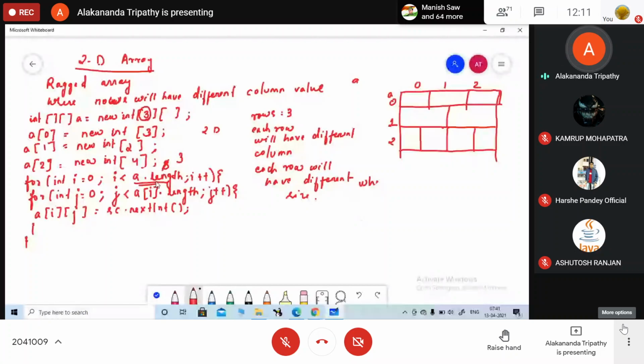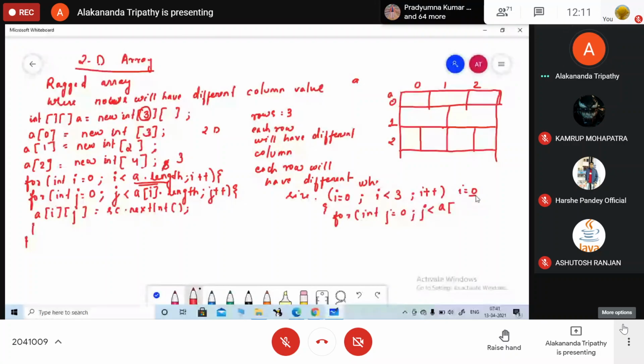So when my I is equals to 0, I less than 3, this is correct, right? I plus plus. Okay, now come to the J loop. When the value of I became 0, for int J is equals to 0, J is less than A of I, what is the value at I? 0.